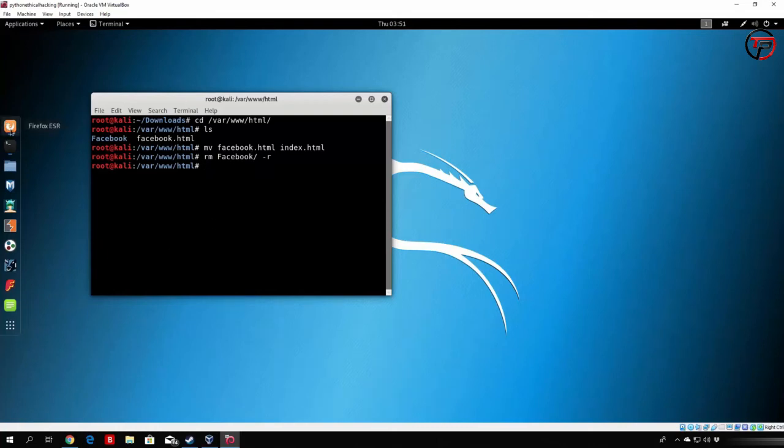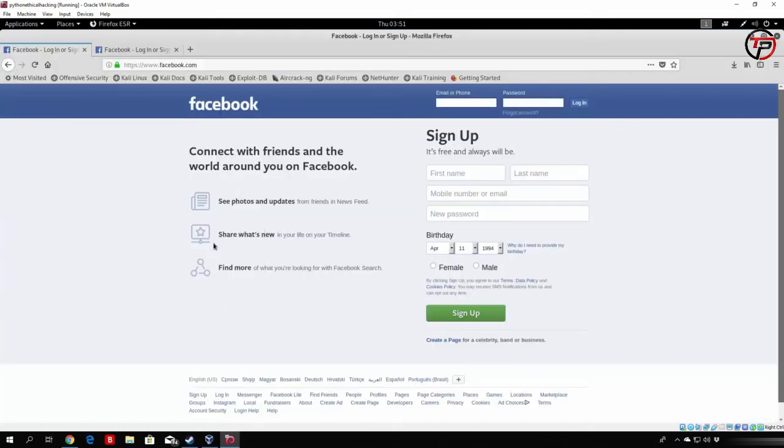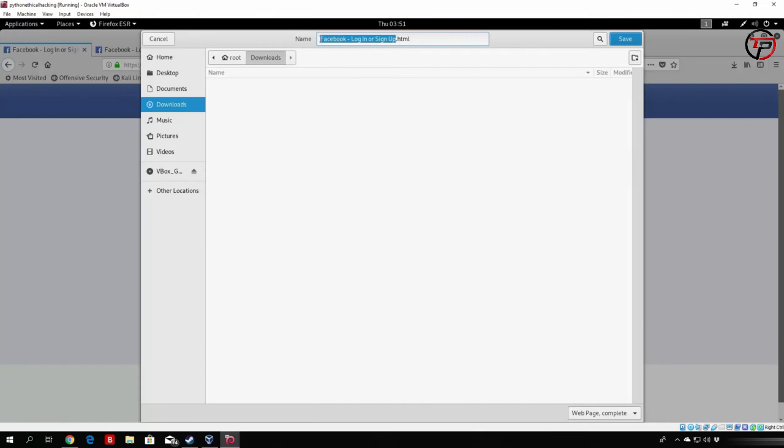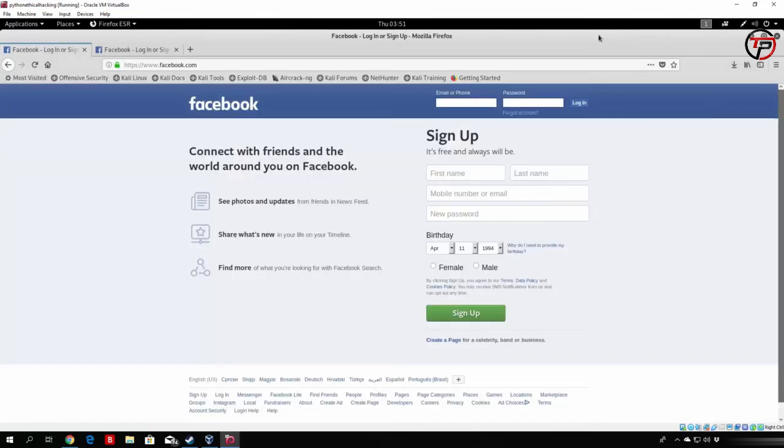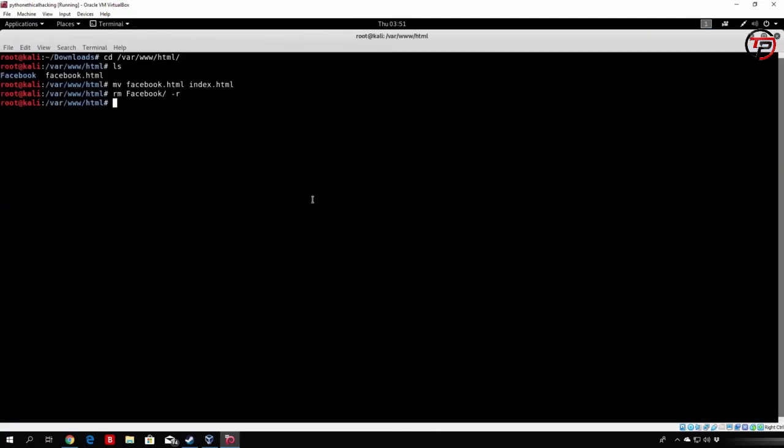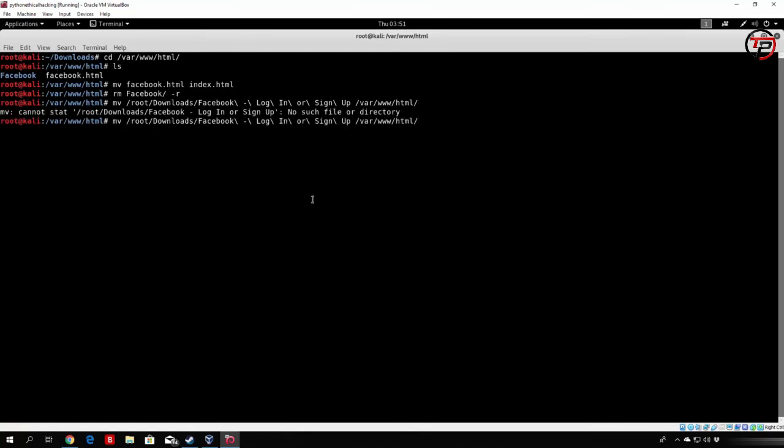And let us download this once again, so save page as. We will save it under this name and we will not rename it, so click save right here. It is saved, and all you want to do is move the directory, so move from the root downloads Facebook to the actual /var/www/html, and we get no such file or directory, so let me just see,